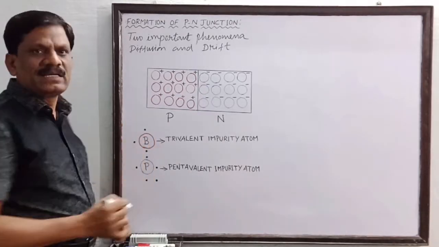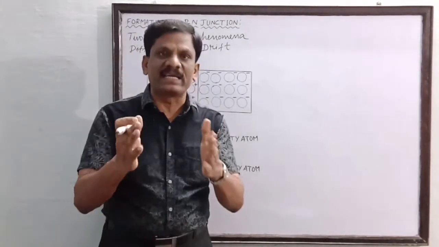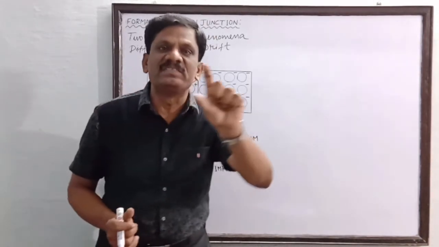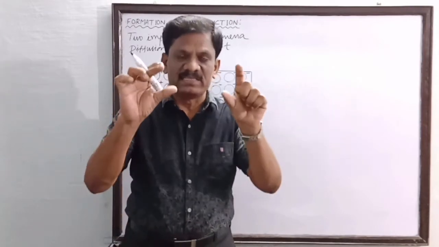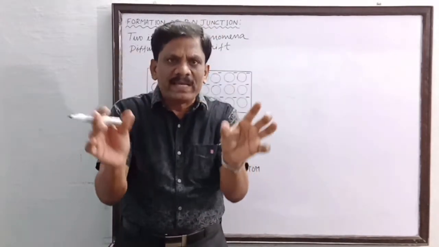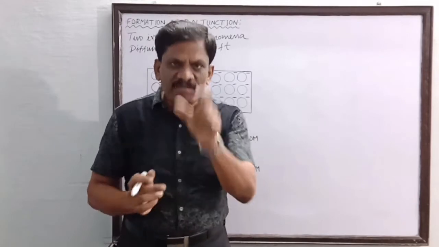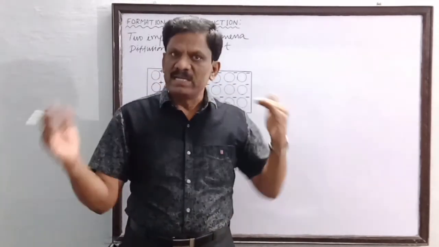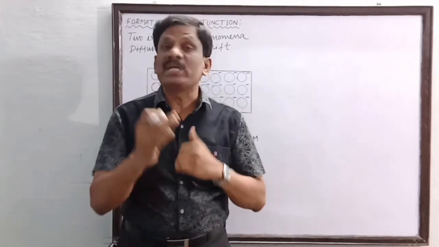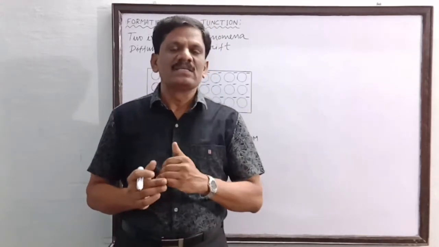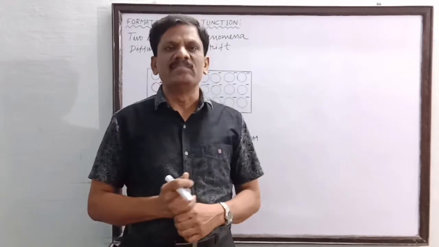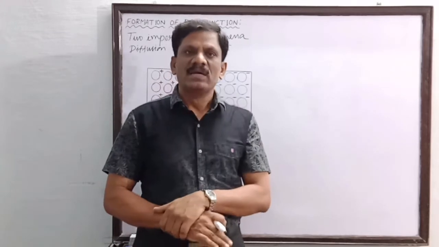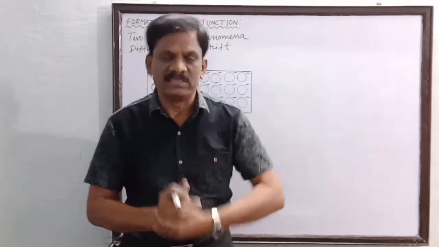So when this atom is mixed with a pure semiconductor like germanium or silicon, in the crystal lattice of germanium and silicon, everywhere a covalent bond is being formed. Every silicon atom forms a covalent bond with the neighboring silicon atoms by sharing of electrons, because the valency of germanium and silicon in the pure semiconductors is 4, because pure semiconductors are tetravalent.